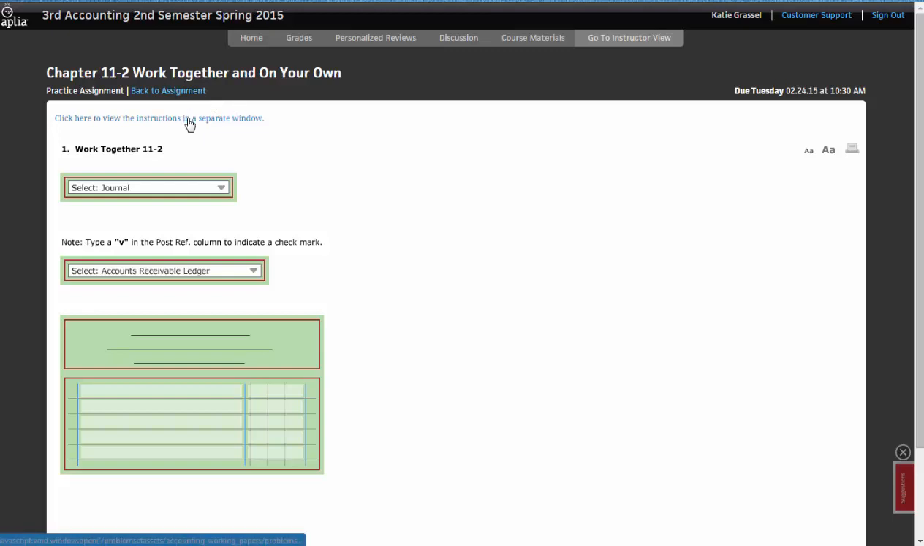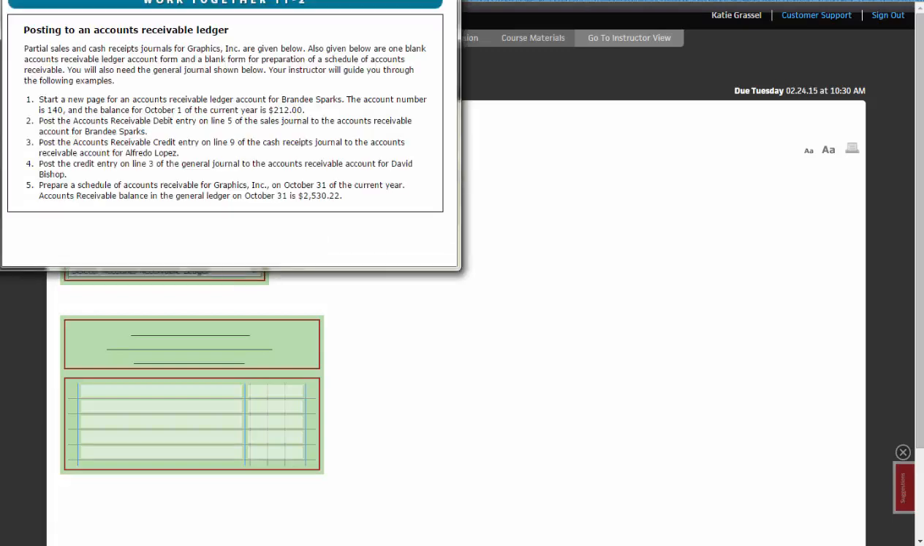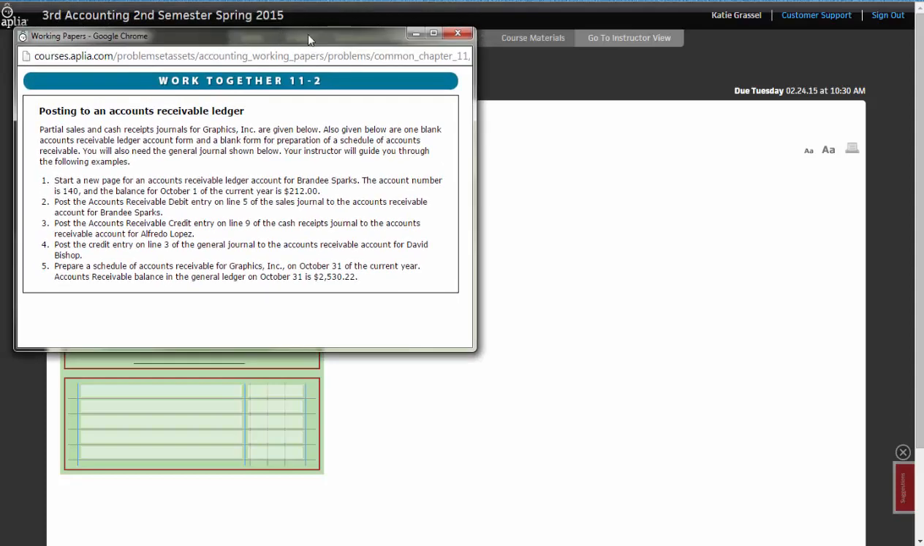Here we have our Work Together 11-2, and we take a look at our directions. We can see that we have a partial sales and cash receipts journal for Graphics Inc. Also given below are one blank accounts receivable account form and a blank form for preparation of a schedule of accounts receivable. You will also need the general journal as shown, and I'm going to guide you through the following examples. So what we need to do first is start a new page for the accounts receivable ledger